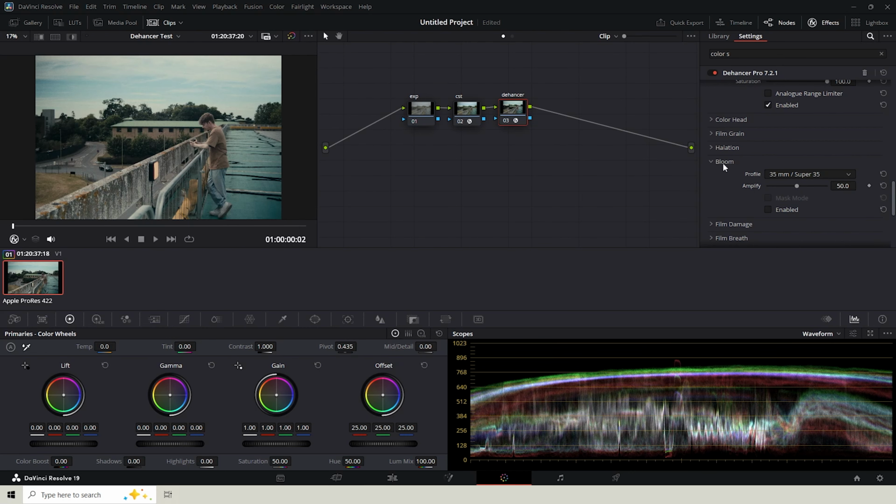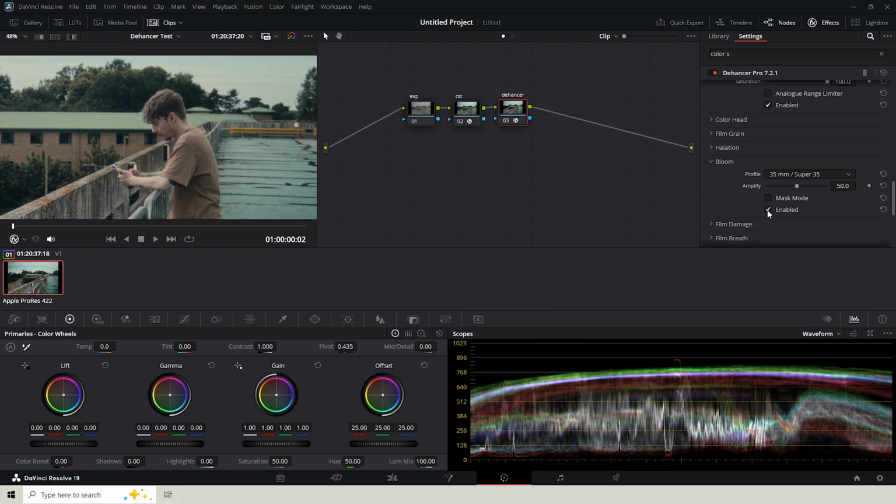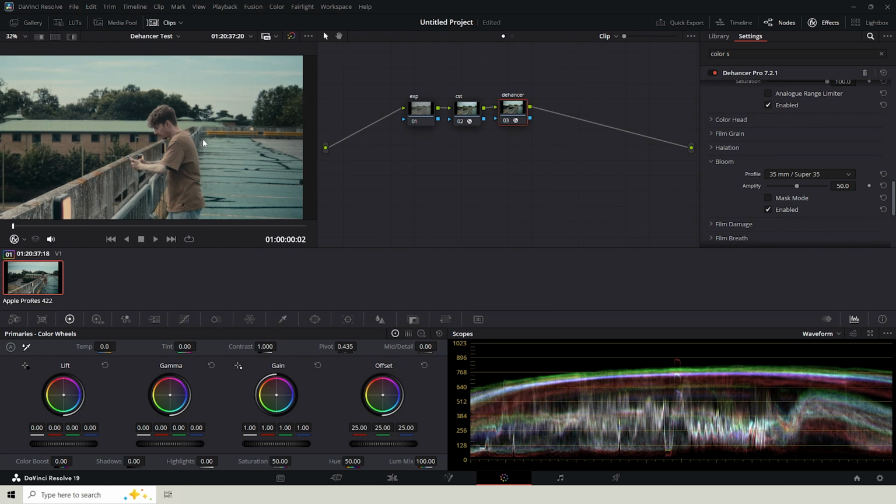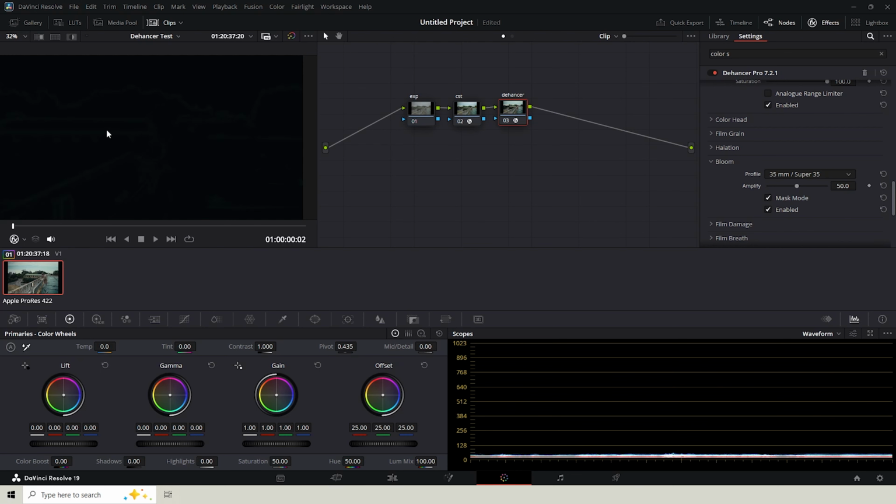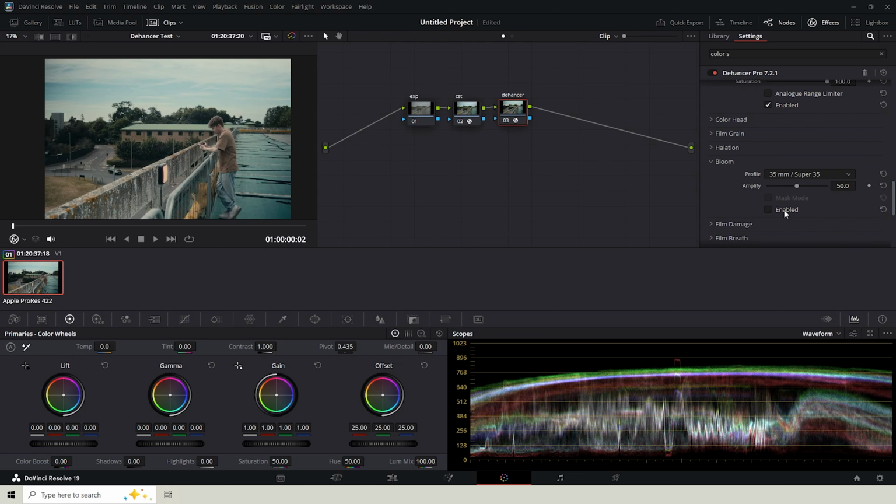Quite nice. We've got the bloom, as I spoke about earlier. You can enable and disable that. Yeah, it looks quite cool. To be honest, I don't think I'm going to add it onto this clip, but I will show you again. If you enable the mask mode, you can see where it's hitting. Crank it up. But yeah, I'm going to keep it off this clip. There's a few extra options here, which I will talk about in a minute, but for now, to actually finish